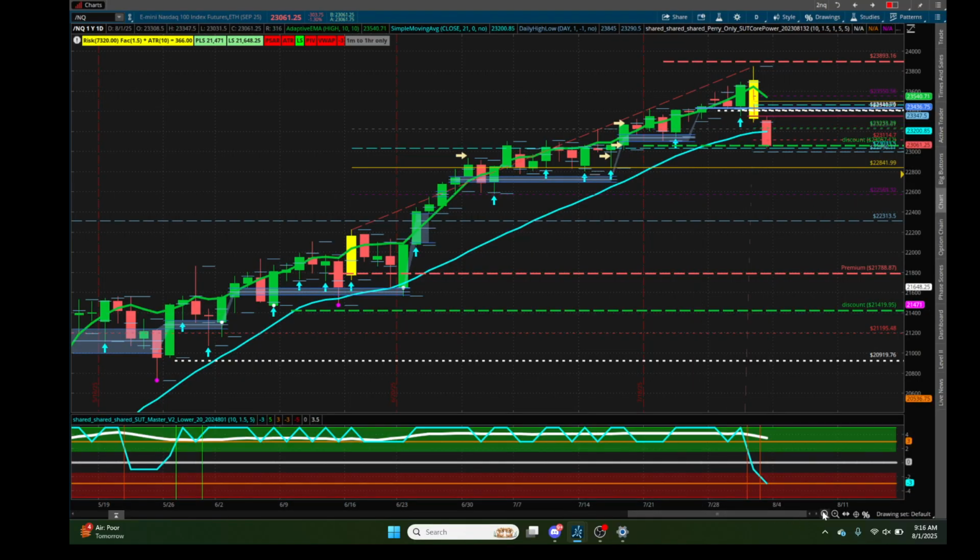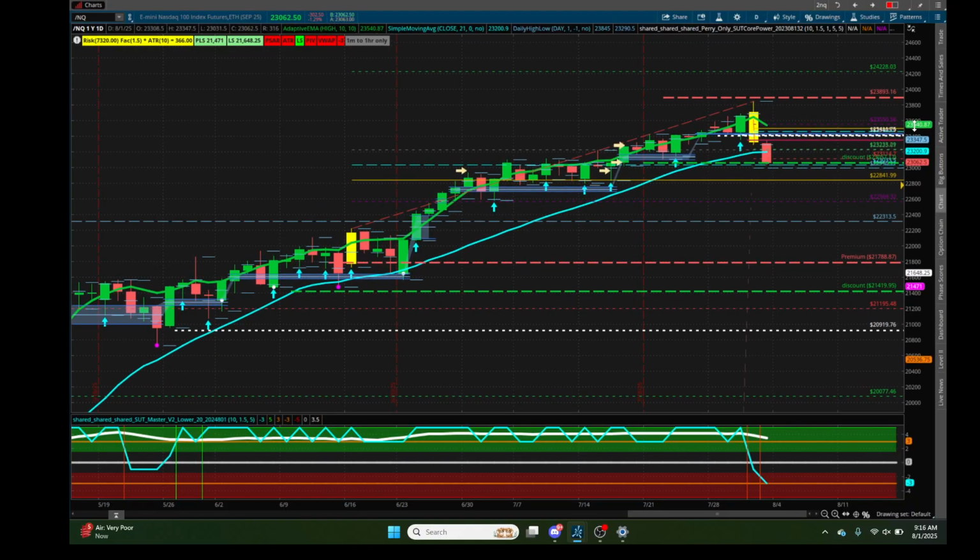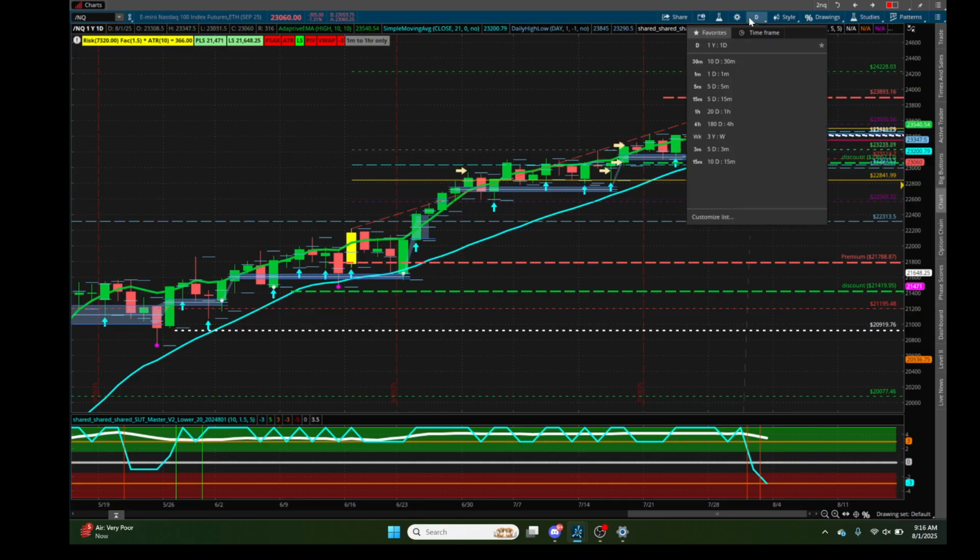If we don't end up holding this extension here, and we end up cracking down below 22,841, which I don't think is going to happen today by any means. I definitely think we could just hold this. If we start confirming this support, it's just another new upside target at 24,228. So we're going to go down to the smaller time frame,